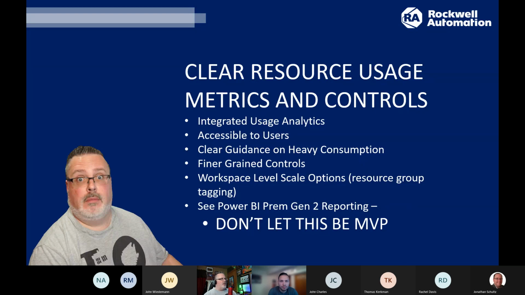Number one, being clear resource usage and usage metrics and controls for users, right? So that people can take more clear control of their destiny, the work that they're doing, understanding how and where things are or are not performing. I think there's this illusion that, we're in the cloud, we should have infinite compute and storage capabilities at all times. The reality is that's just not ever going to really happen, right? There's always going to be controls in place. There's always going to be throttles, limits, issues when it comes to performance and processing. So we should find a way to bring this more available and accessible to people.